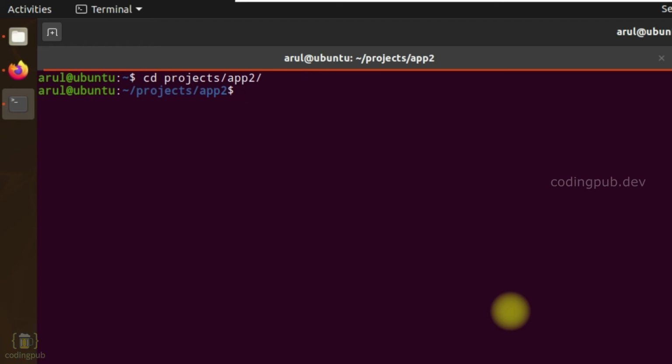To create a virtual environment using virtualenvwrapper, you need to use the command mkvirtualenv, followed by a name for the virtual environment. So I'm using app2 here.